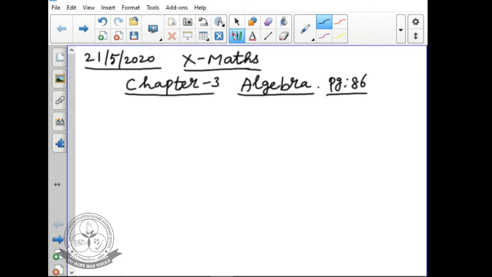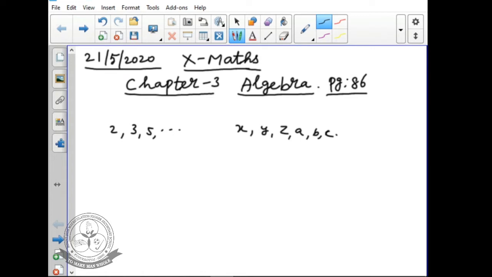In the lower class, we had to study about algebra. The same algebra we have to continue in the next one. That's all. What is the meaning of algebra in mathematics? Algebra means we know about numbers, suppose 2, 3, 5, like that. Next, we know the alphabets x, y, z, a, b, c, like that. We have to combine numbers and alphabets using mathematical operations. That is only called algebra.